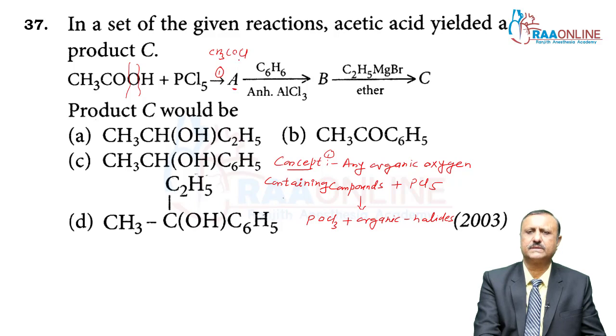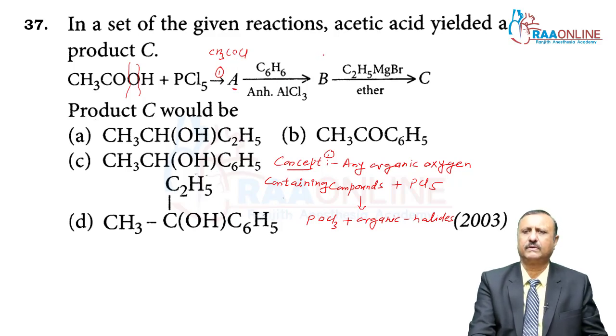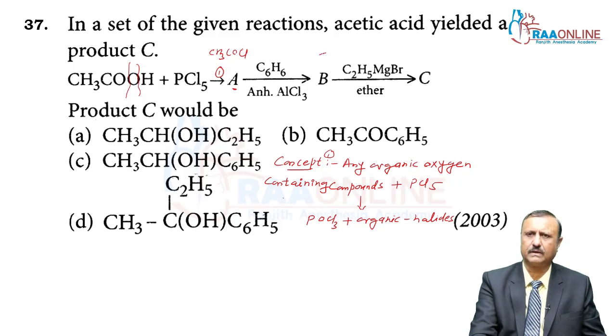My dear students, when this CH3COCl reacts with benzene and anhydrous AlCl3, you get COCH3, acetophenone. When this acetophenone reacts with ethyl magnesium chloride,